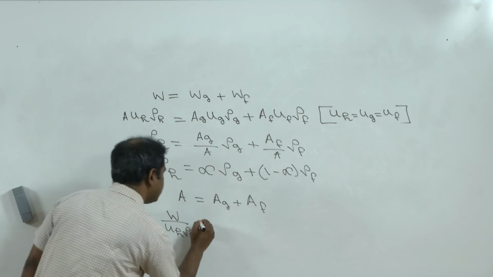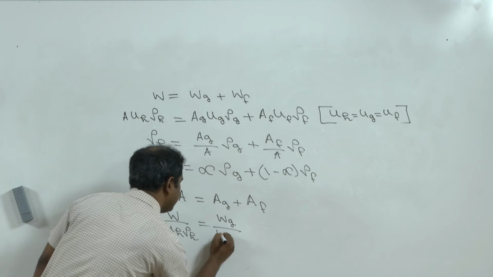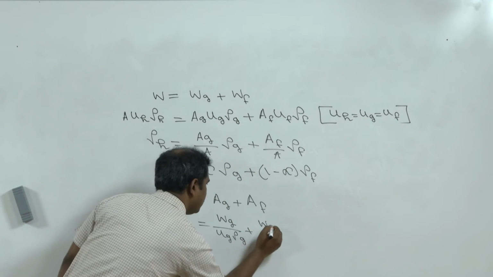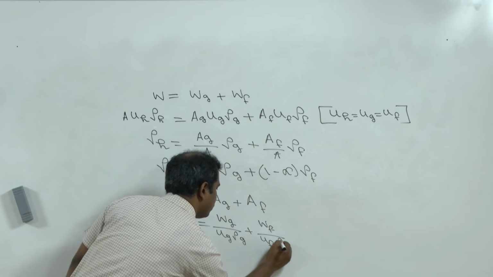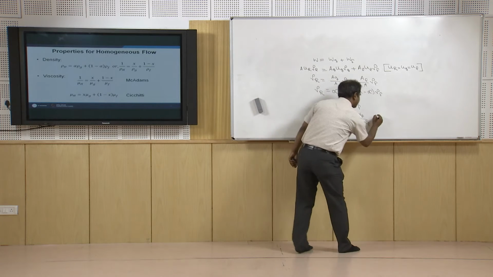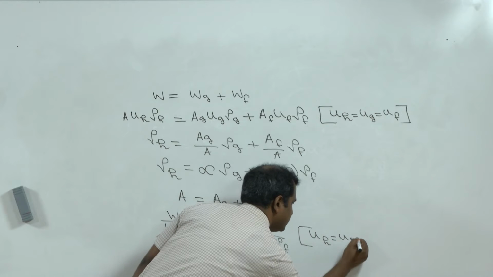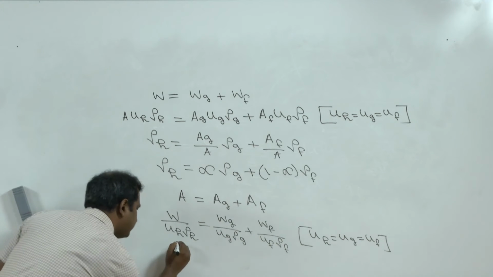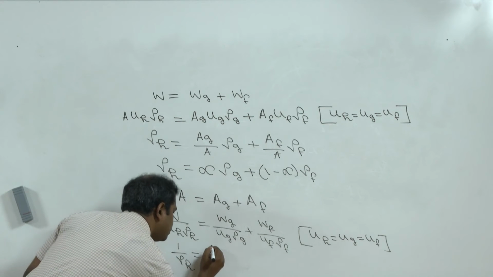Similarly, Ag can be written as Wg by Ug into rho g, and Af can be written as Wf by Uf into rho f. Once again, by taking the homogeneous assumption, the velocities can be cancelled, UH equals Ug equals Uf. So we can write 1 by rho h equals Wg by W into 1 by rho g